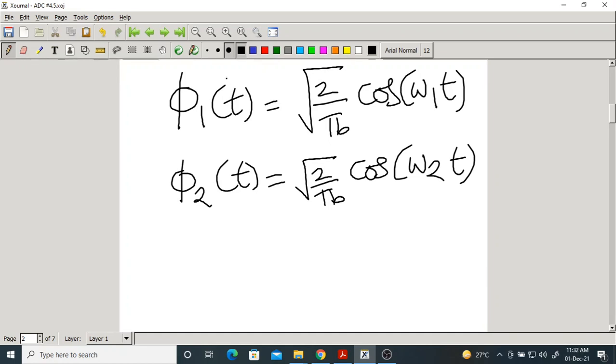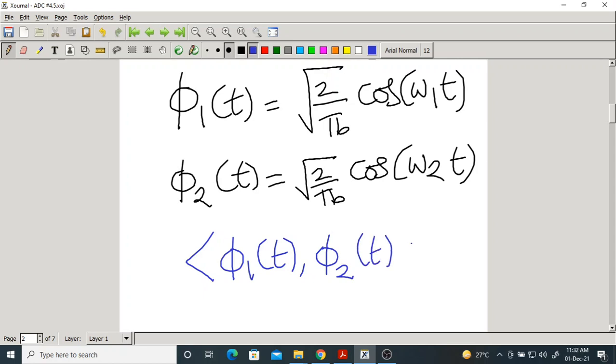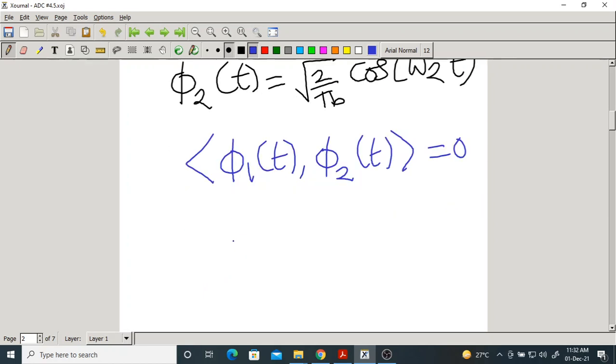Orthonormal means orthogonal as well as unit energy. So the inner product of phi 1 of t and phi 2 of t should be equal to 0. It is true if and only if the frequency separation, that is f2 minus f1, is